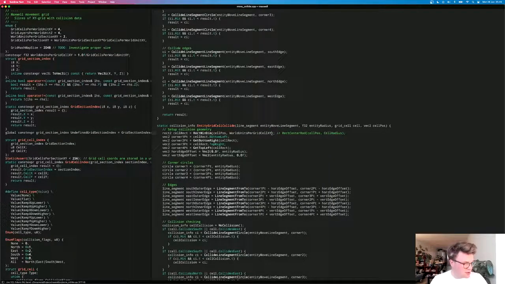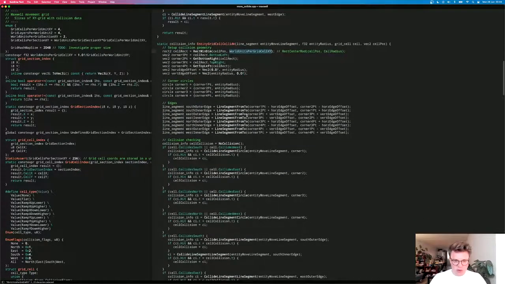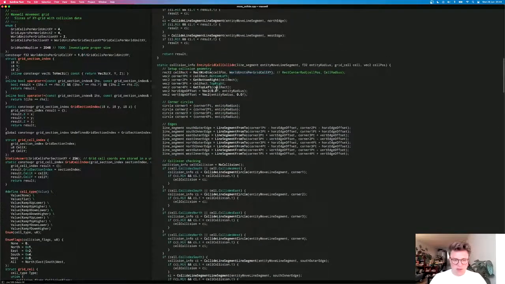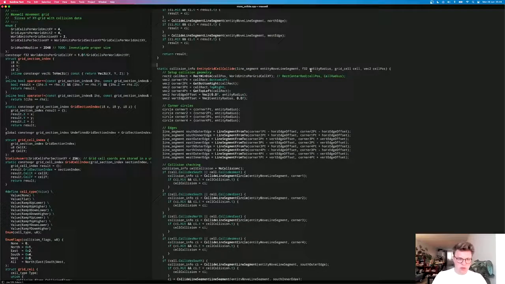Oh, interesting. So we have this cell position, and we say it's like a fourth of a unit, and this is lazy code. Where's my? Oh,